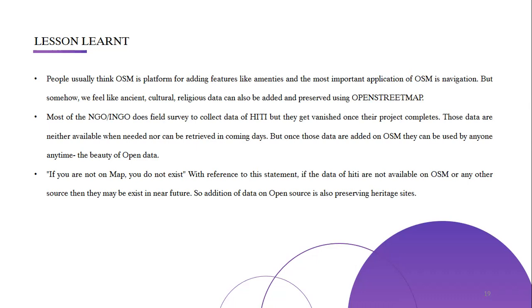With reference to this statement, if the data of HITI are not available on OSM, then in coming days, this HITI may not be on the field as well and on any platform. So it may get extinct. So addition of this data on open source is also preserving heritage sites. So this is how open source like OpenStreetMap can help in preserving and promoting and renovating the ancient feature